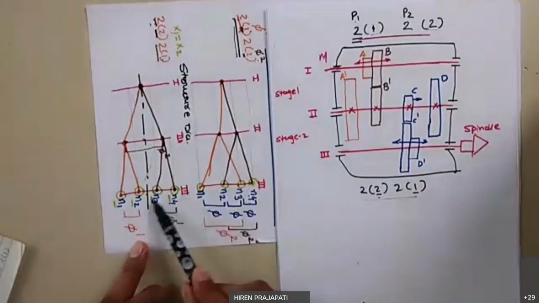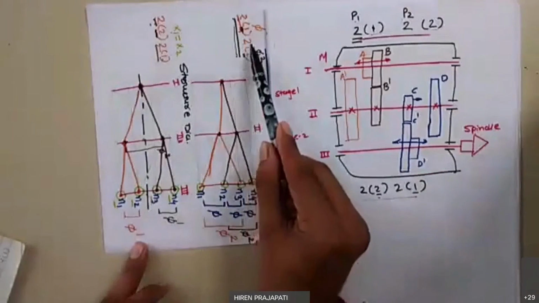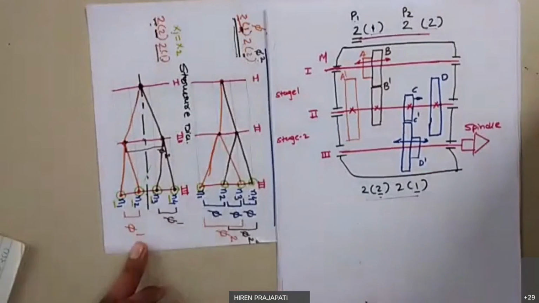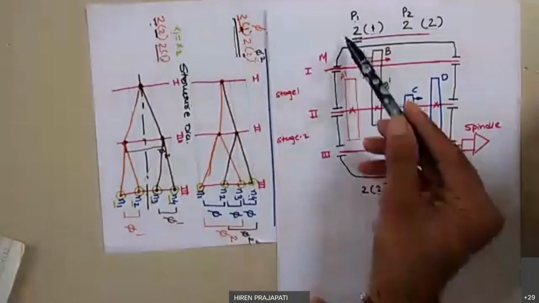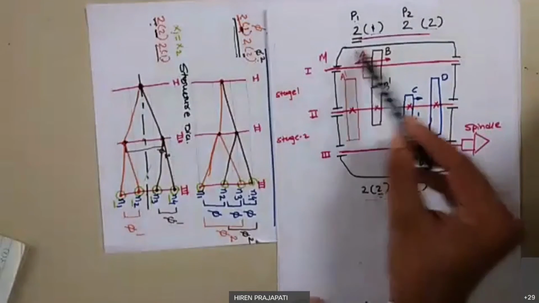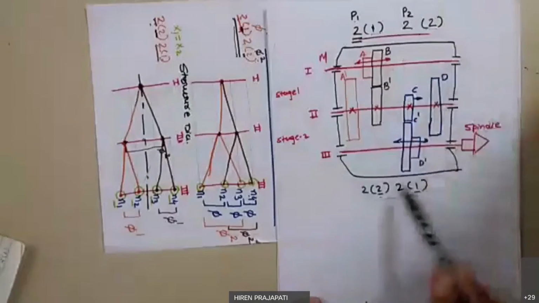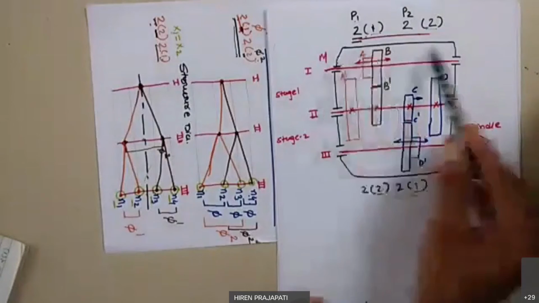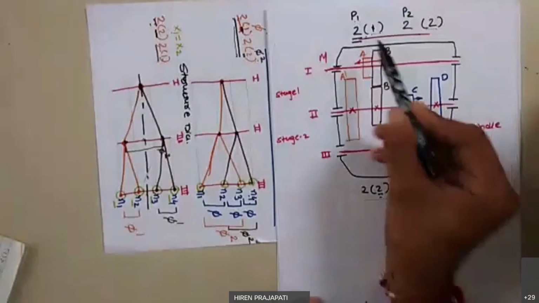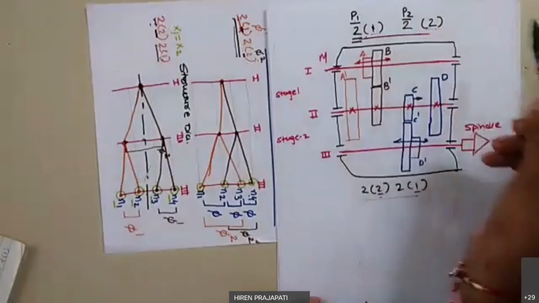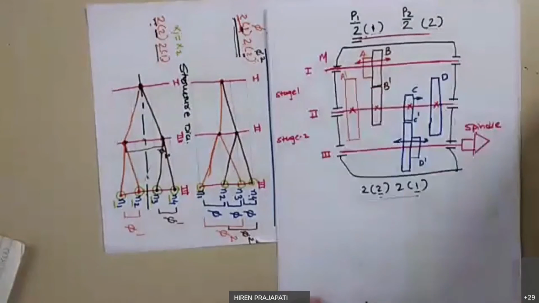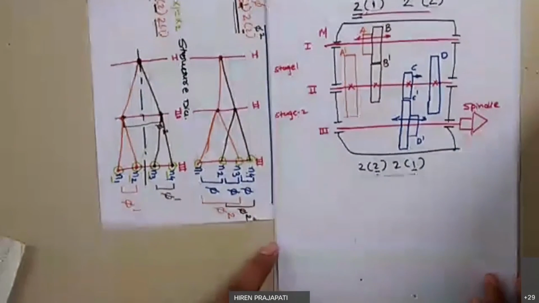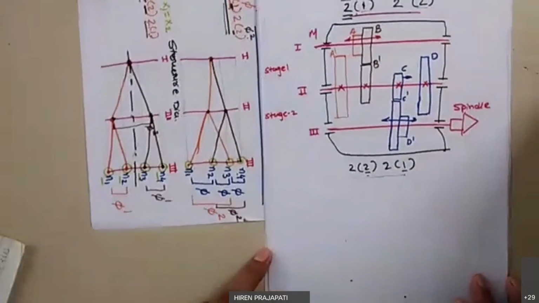Here in this diagram you can see we are getting different speeds by different characteristics numbers, right? So that's why for both structure equations, this gearbox arrangement is the same, because it depends only on P1, P2, P3, those three values, right? Now I'm just going to draw another structure diagram.